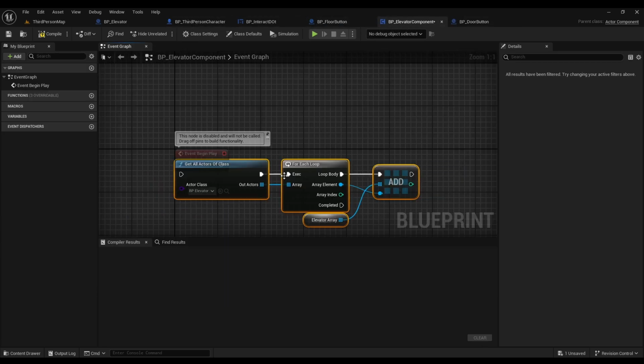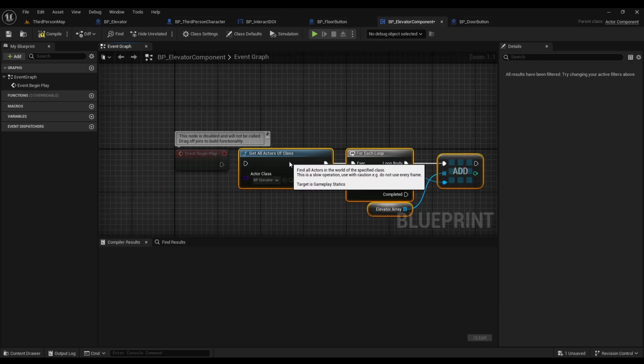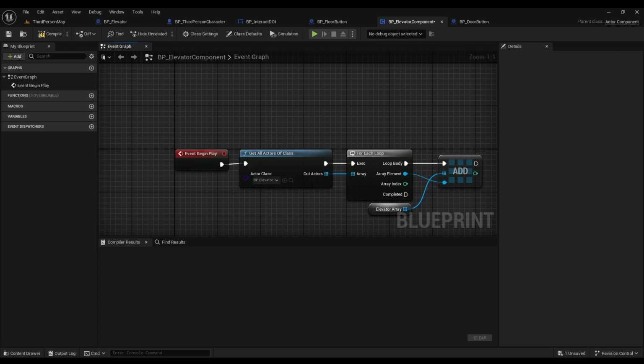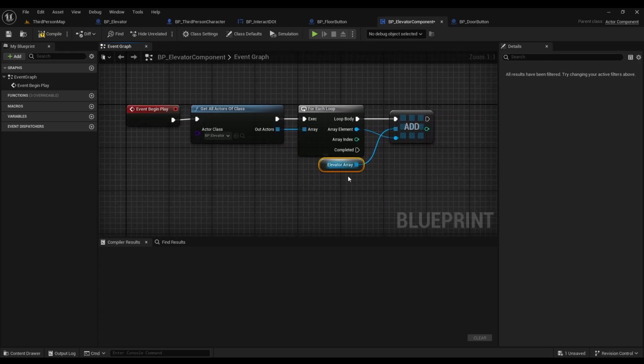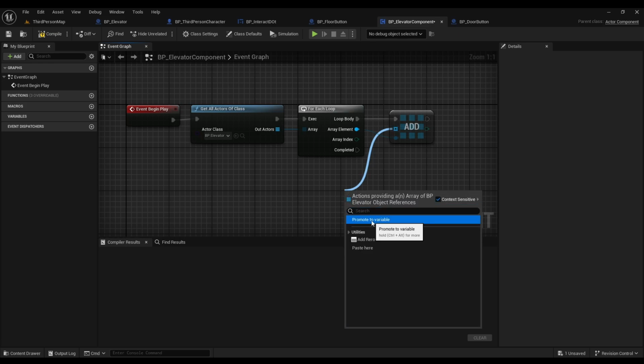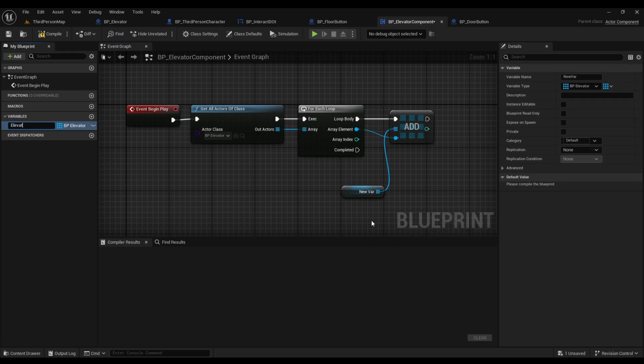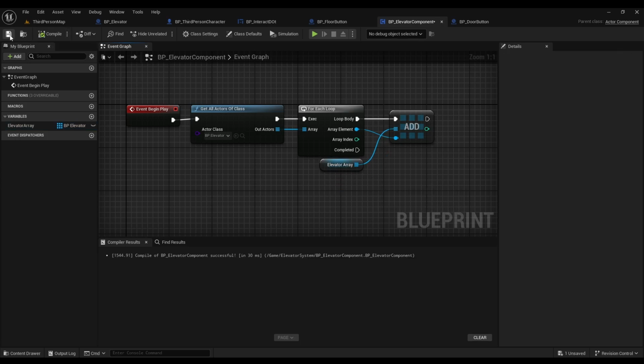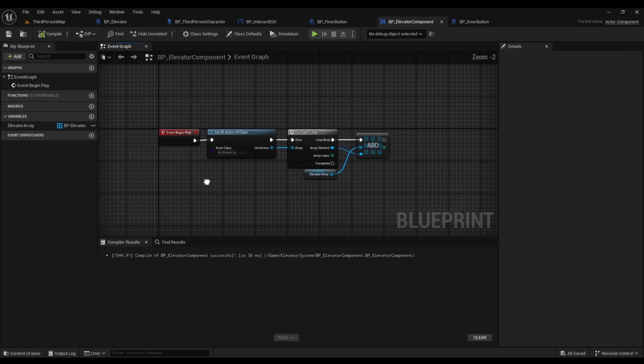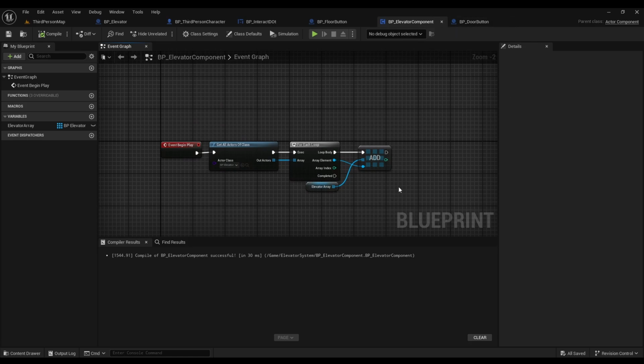And on the event begin play, we're going to paste it. Go ahead and delete this gray elevator array variable. Drag out. Promote to variable. Elevator array. File and save. So what we have done is we have created a component, and that's going to hold the